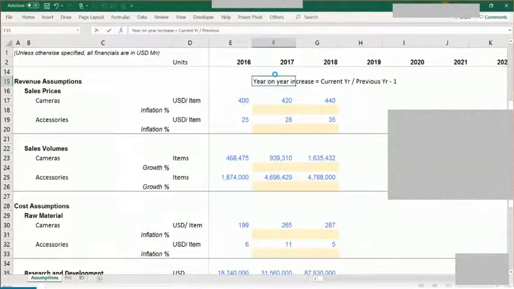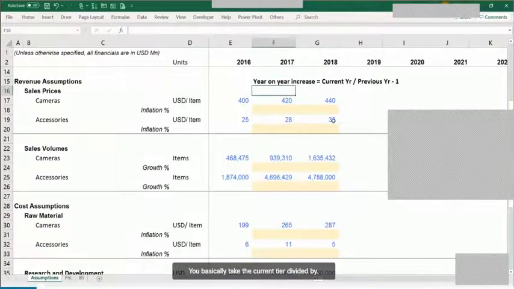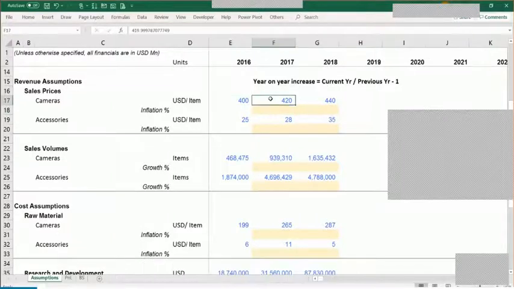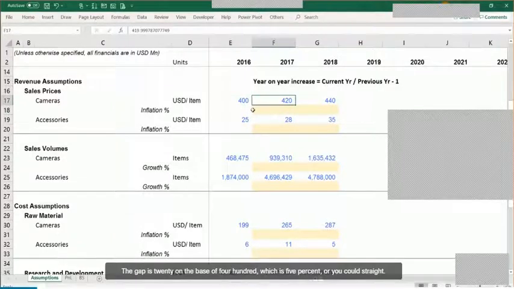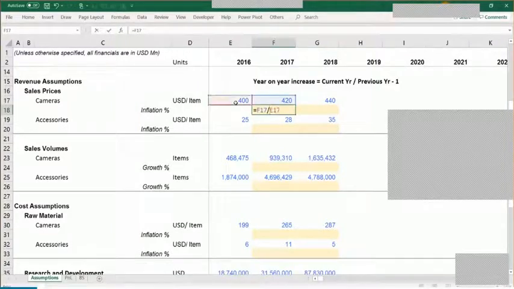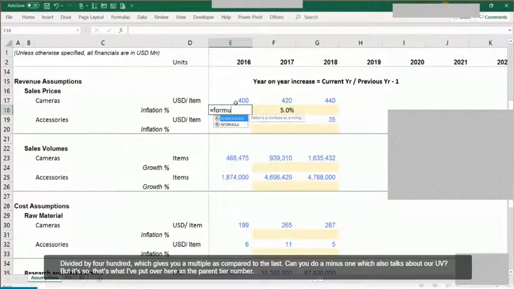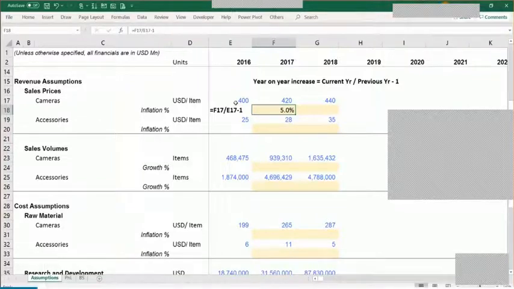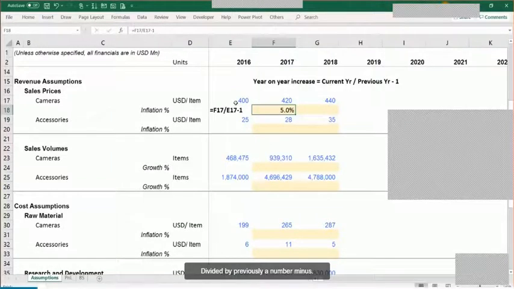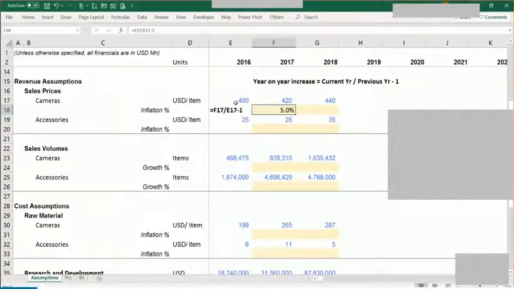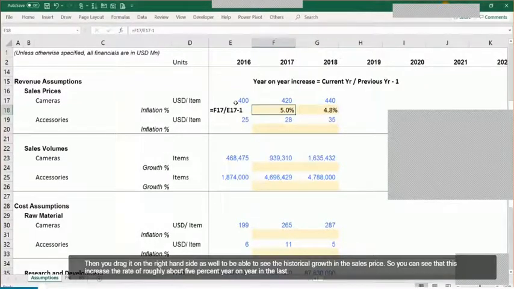You basically take the current year divided by previous year minus 1, because you could take the gap: it was 400 and now it is 420. So the gap is 20 on a base of 400, which is 5%. Or you could straight away take 420 divided by 400, which gives you a multiple as compared to the last year, and you do a minus 1, which gives you the same result. So that's what I've put over here as the current year number 420 divided by the previous year number minus 1. Then you drag it to the right-hand side as well to see the historical growth